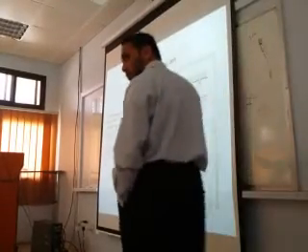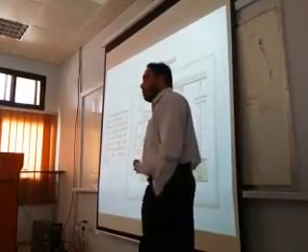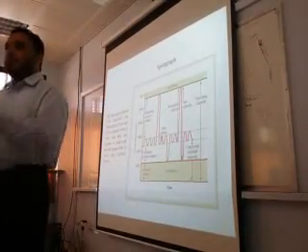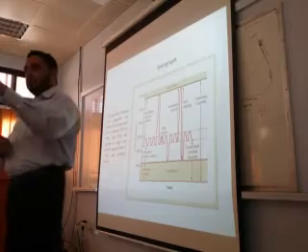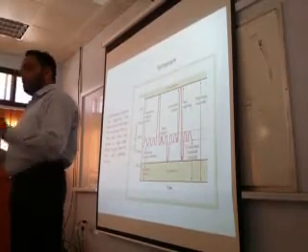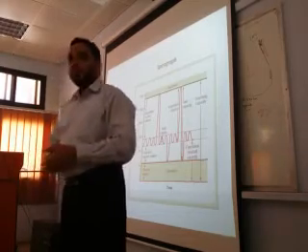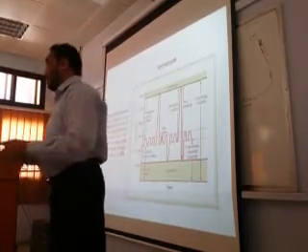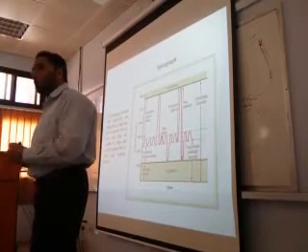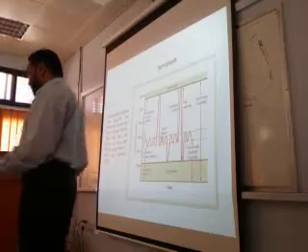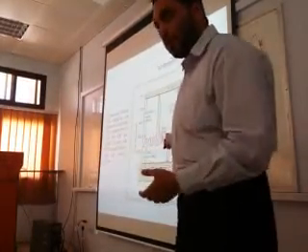Let us discuss the volumes and the capacities. You can make your own formula for vital capacity. It can be inspiratory reserve volume, tidal volume plus expiratory reserve volume. It can be inspiratory capacity plus expiratory reserve volume. It can be inspiratory reserve volume plus expiratory capacity. So you can make your own formula. Just understand what is being said. Shall we go through it once again for vital capacity?